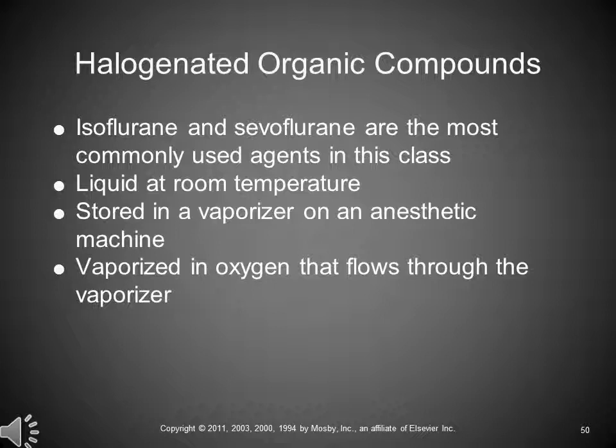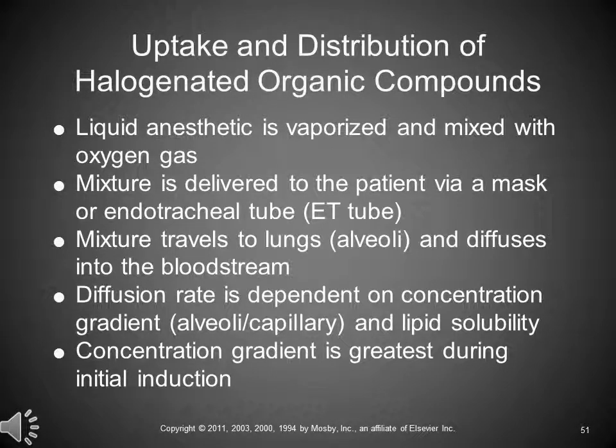Fortunately, we're going to move on to a little bit more modern anesthesia, and we're talking about isoflurane and sevoflurane. They are the most commonly used agents of the halogenated organic compounds. They are liquid at room temperature. You pour them out of the bottle as a liquid. They are then placed and stored in a vaporizer on an anesthetic machine, as you should know by now, and they are then vaporized as oxygen flows through the vaporizer. The oxygen picks up the anesthetic in hopefully a very precise concentration. The iso or sevo delivers that to the patient. As you are probably aware by now,